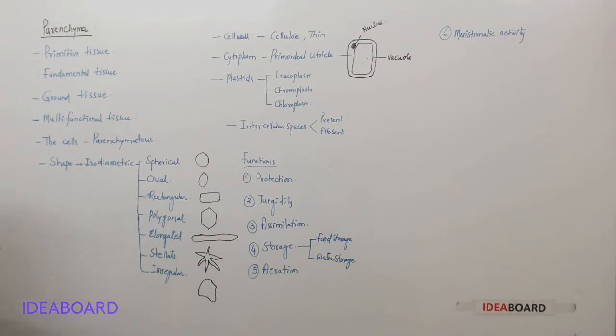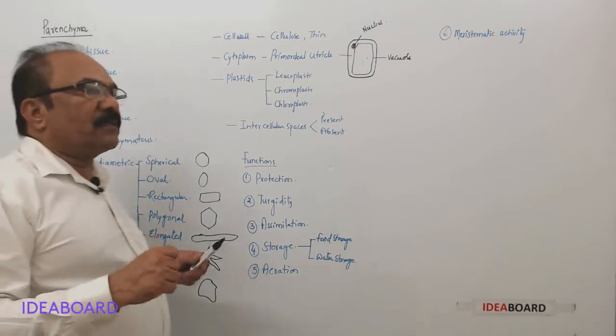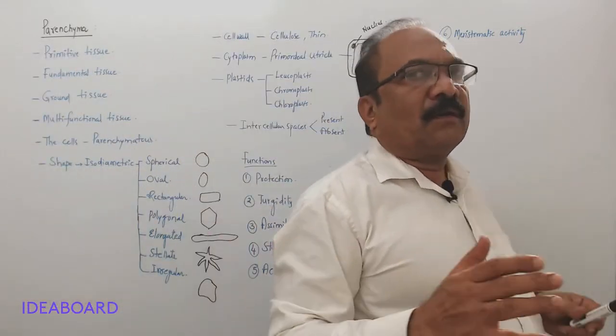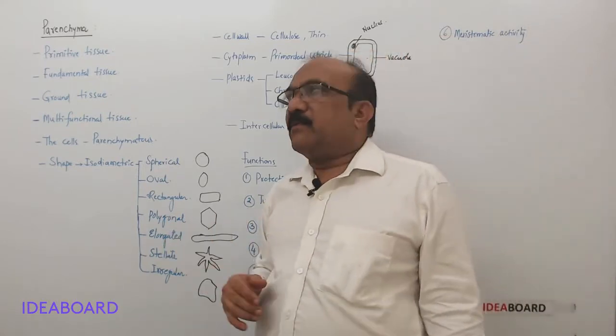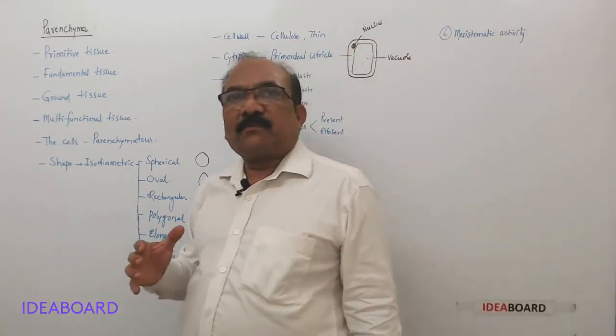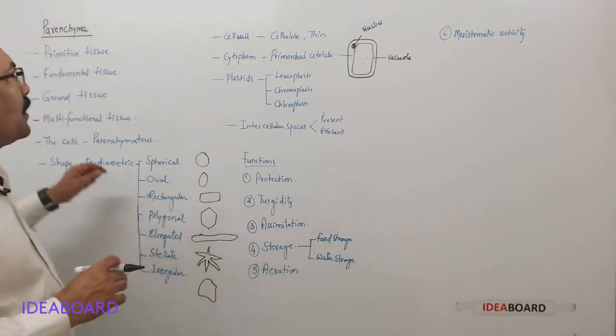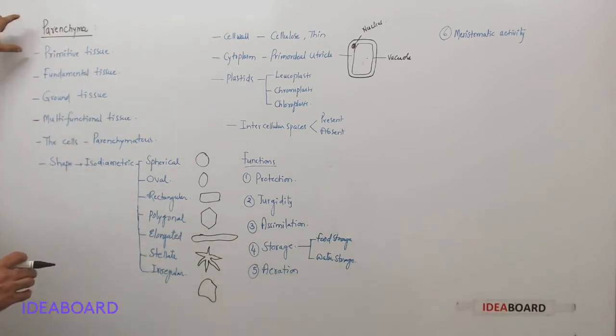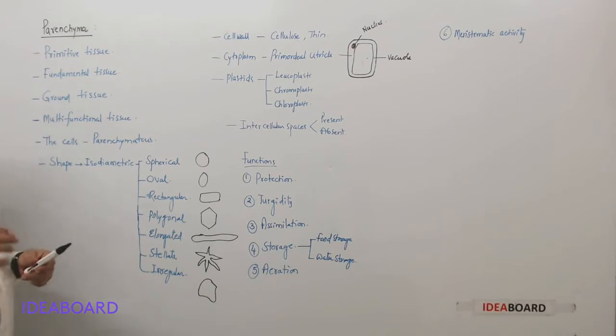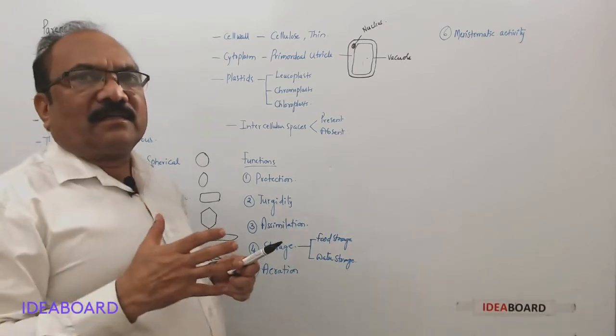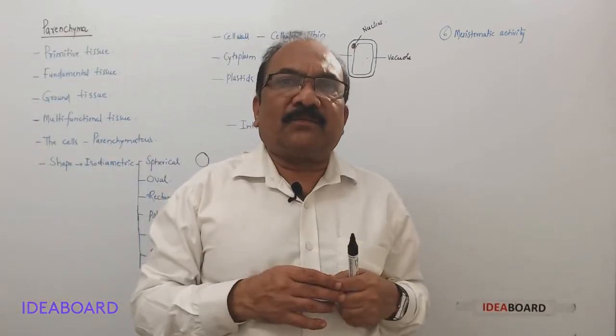So now among these simple permanent tissues, we have already come to know that the simple permanent tissues are of three types: parenchyma, collenchyma, and sclerenchyma. So first we will discuss parenchyma. Remember, parenchyma has some attributes, and it is popularly known as a primitive tissue. And you have to understand why it is called a primitive or ancient tissue, because